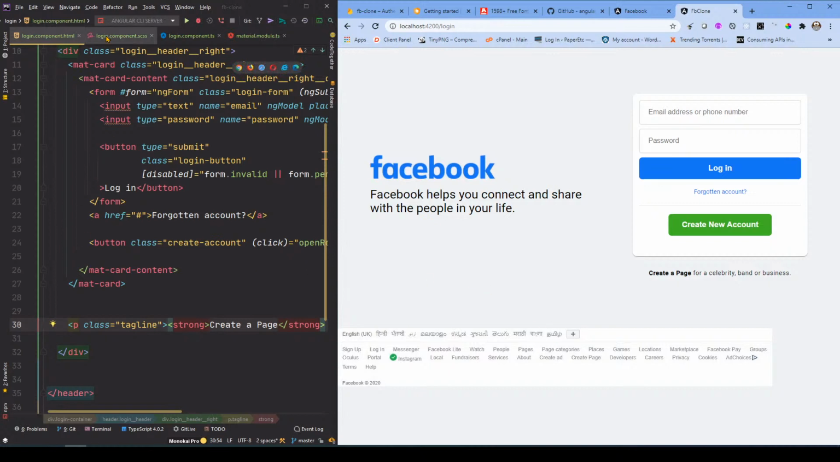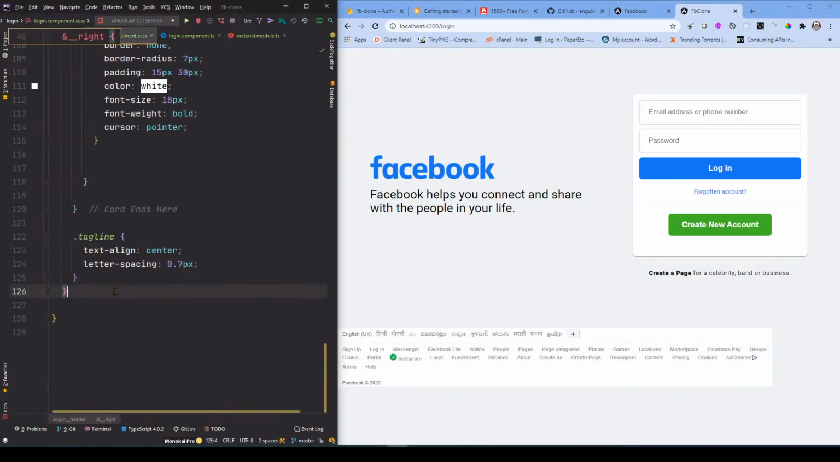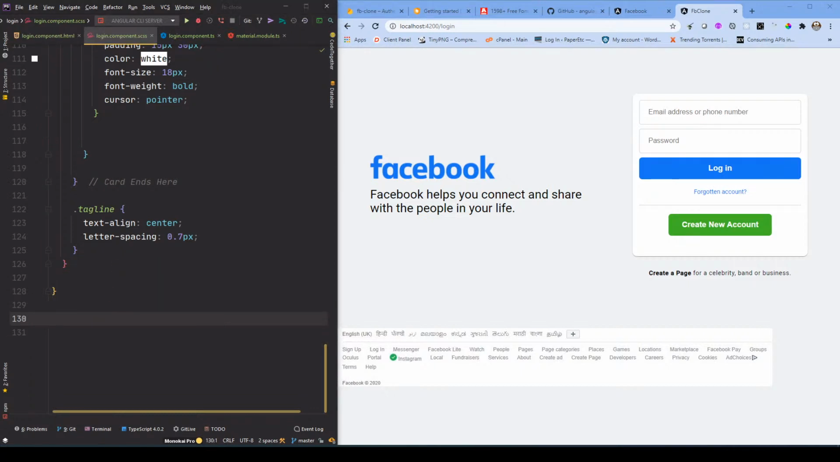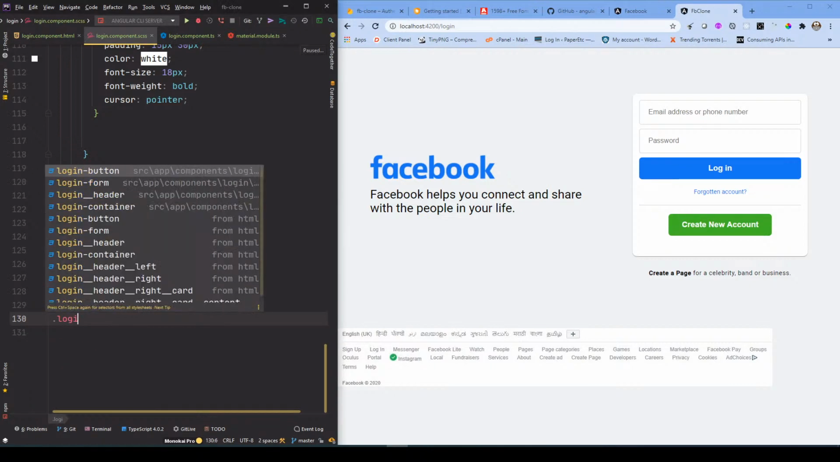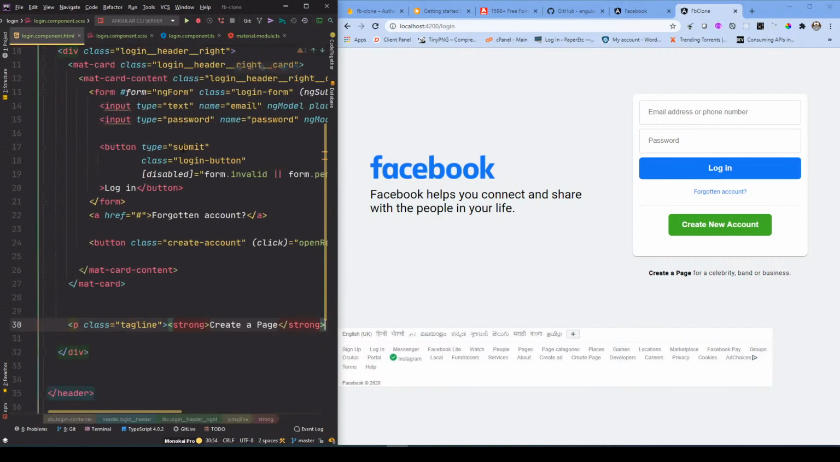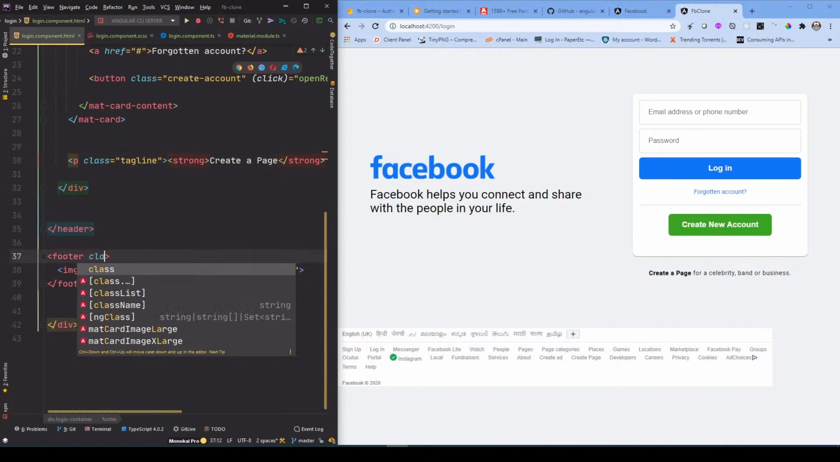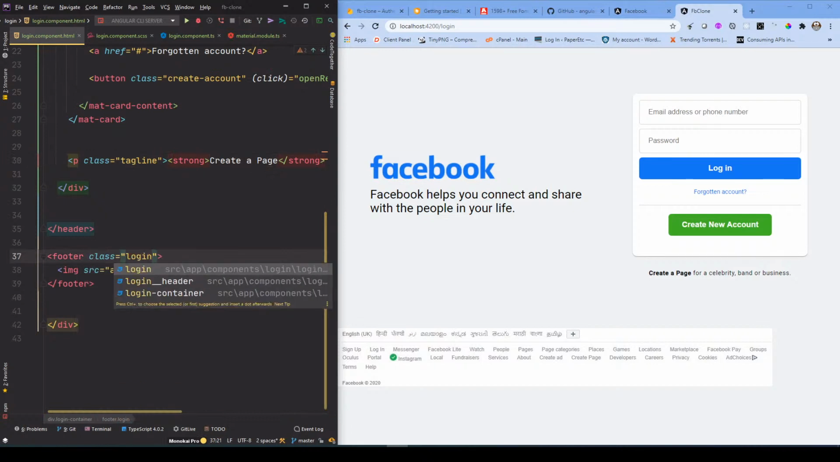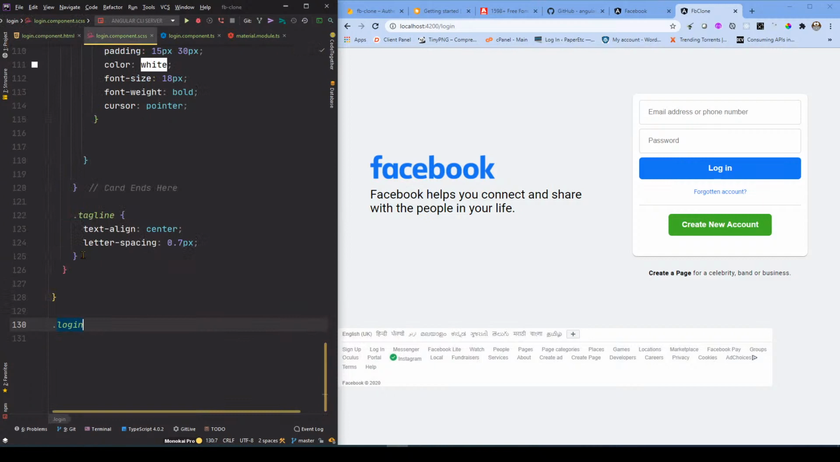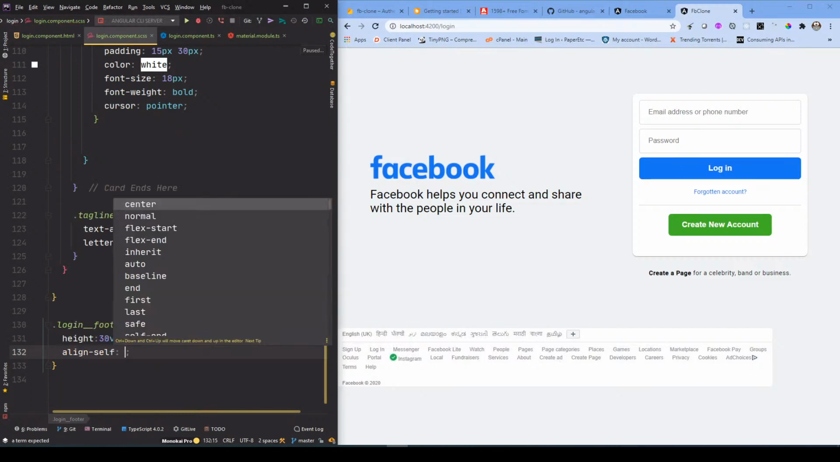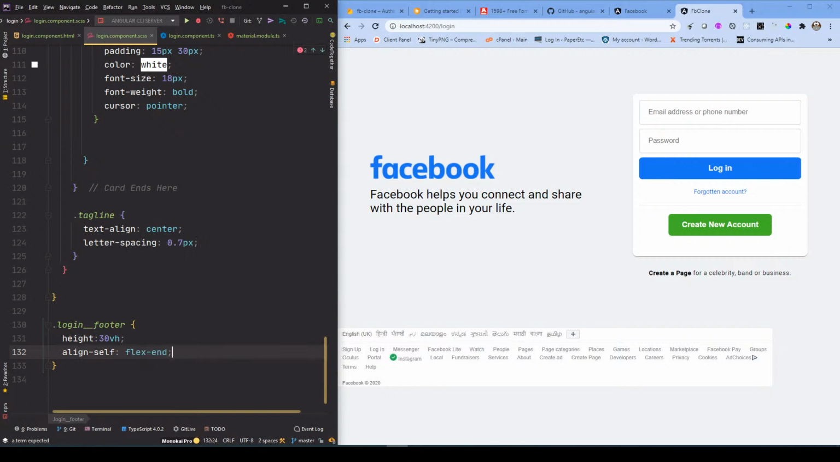Okay, so for the footer, it's an image as we know, so we go outside the header here. So we target login footer. Login footer, I didn't give it a class, so let's give a class of login underscore footer and a height of 30 view height. Align self should be flex end, width of 100%,